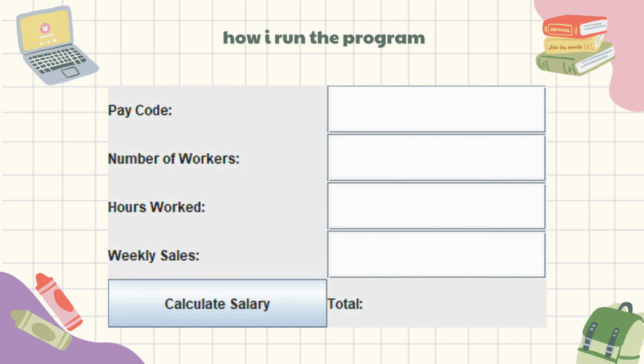First, we need to open the app class, then run the program. It will display the worker salary calculator. First, input pay code 1, number of workers 2, hours work 0, weekly sale also 0. Then click calculate salary and it will display the total is 4,000 ringgit. Then pay code 2, number of workers 2, hours work 50 hours, weekly sale 0, click calculate salary and the total is